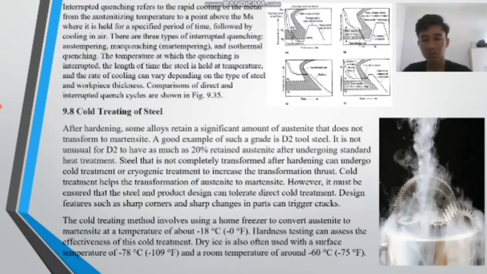The cold treating method involves using a freezer to convert austenite to martensite at a temperature of about minus 18 degrees Celsius or minus 0 degrees Fahrenheit. Hardness testing can assess the effectiveness of this cold treatment. Dry ice is also often used, with a temperature of minus 78 degrees Celsius or minus 109 degrees Fahrenheit, and a refrigerator temperature of around minus 60 degrees Celsius or around minus 75 degrees Fahrenheit. Next,